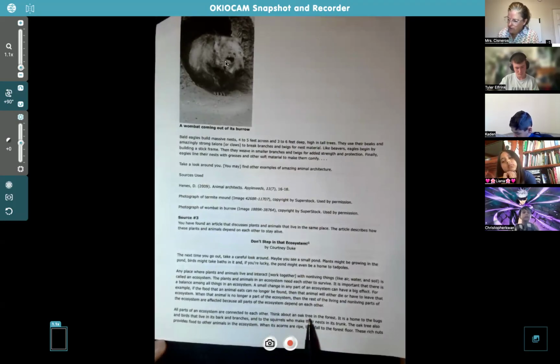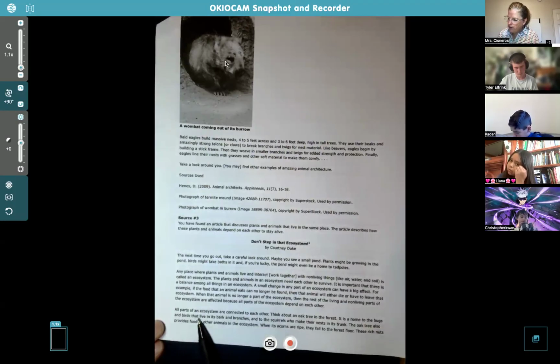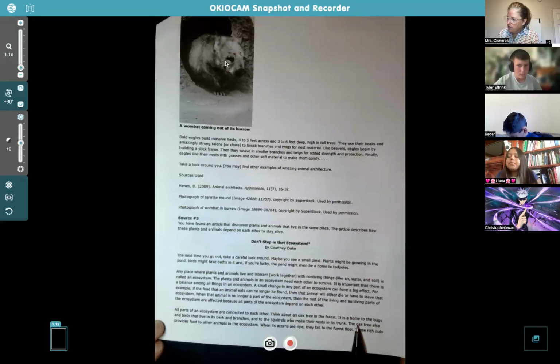Think about an oak tree in the forest. It is a home to the bugs and birds that live in its bark and branches, and to the squirrels who make their nests in its trunk. The oak tree also provides food to other animals in the ecosystem. When its acorns are ripe, they fall to the forest floor.